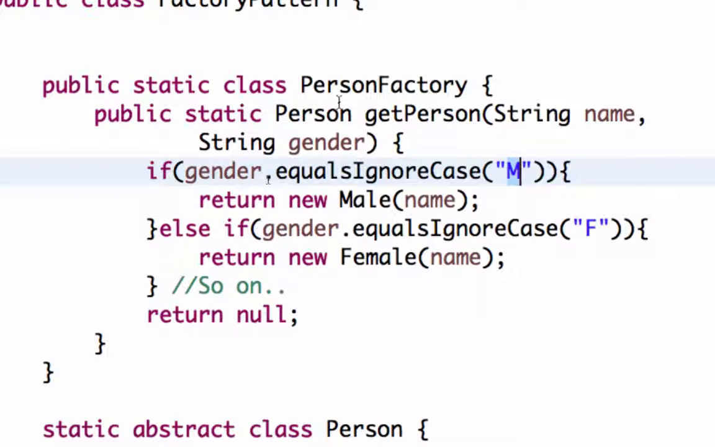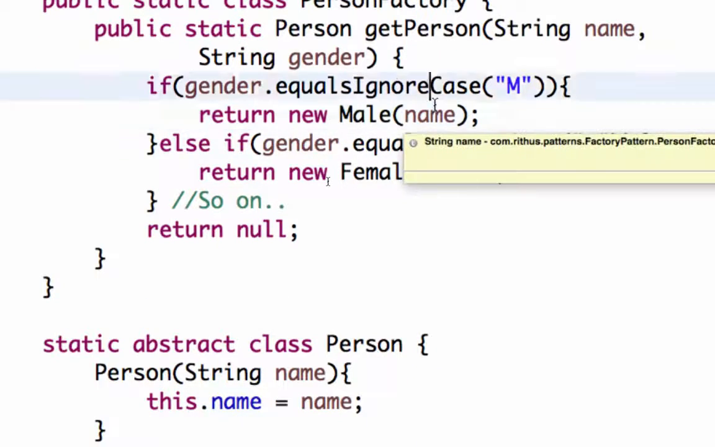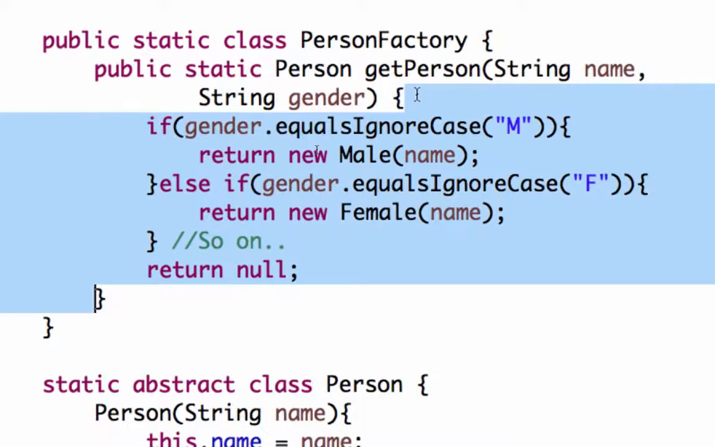And also the other important thing is the user of the getPerson method doesn't know that there's a male class or a female class present. He only knows about the person class. So whichever method calls the getPerson method knows that there's something called a person class, but it doesn't know the existence of a male and a female. So you can even hide the existence of certain classes. So this factory method pattern helps us to create